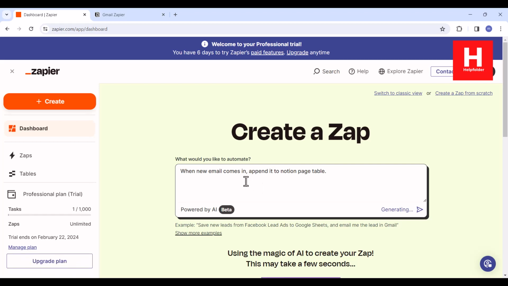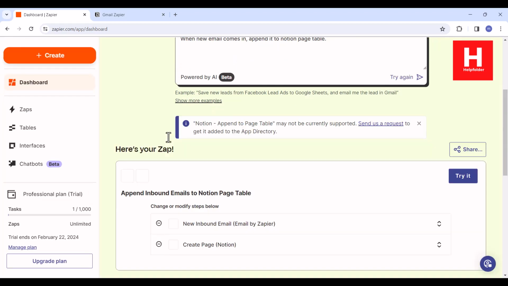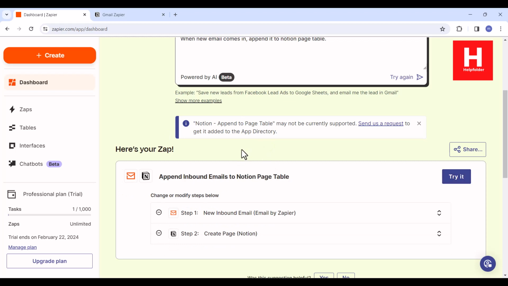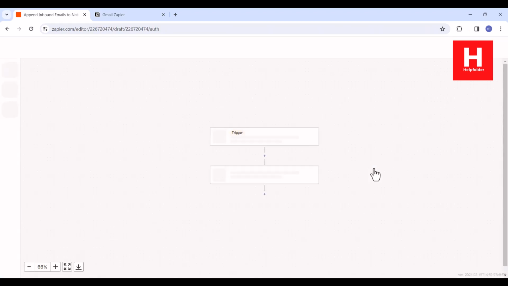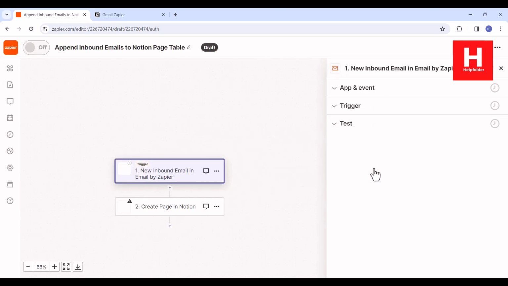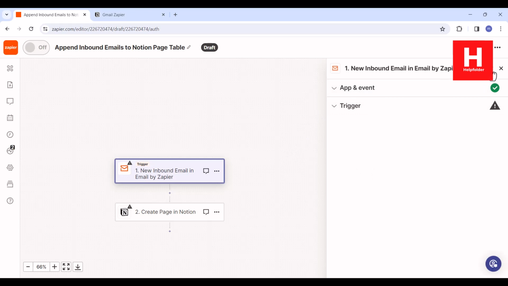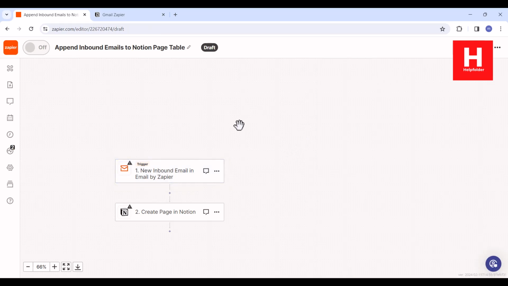So I will generate this app, and once it adds something, it will give you the option to check that Zap, append inbound emails to Notion page table. Click try it, and let's see how it works. Now basically the first trigger is new inbound email. In email by Zapier, we will be replacing this particular step